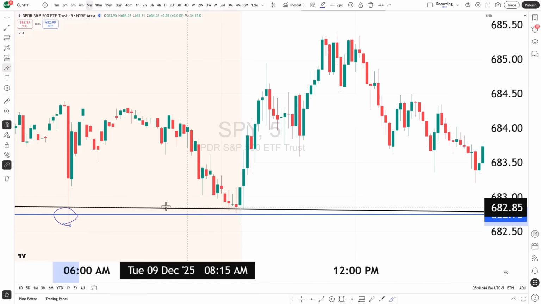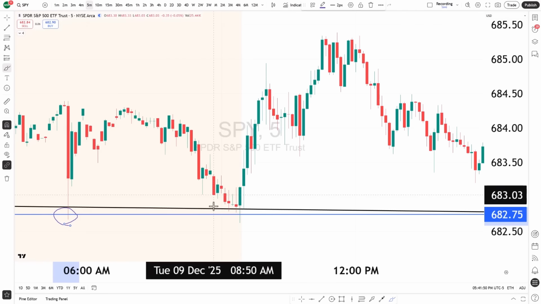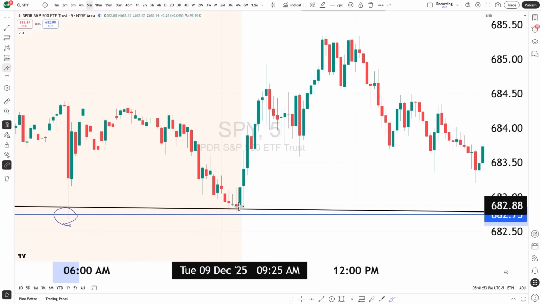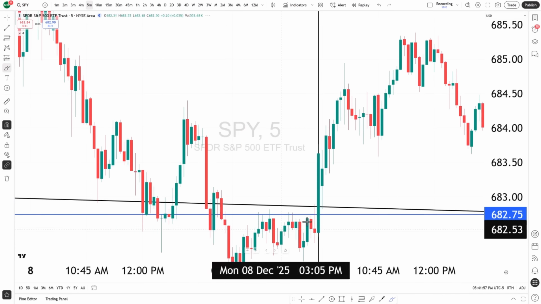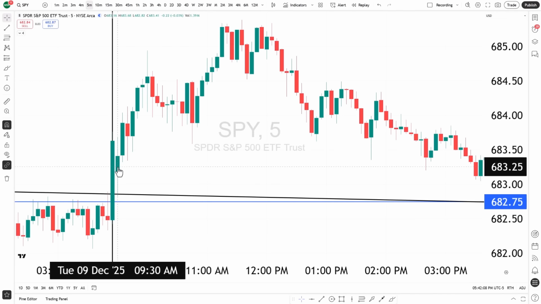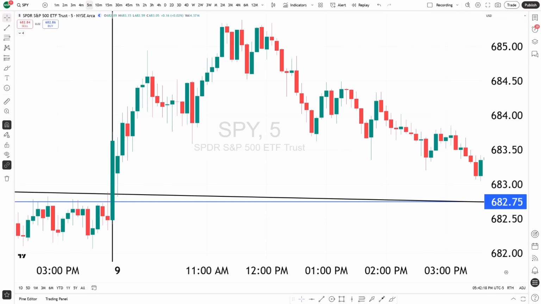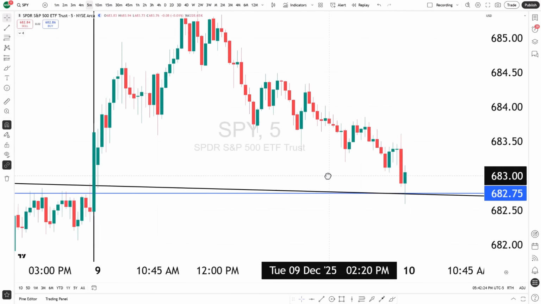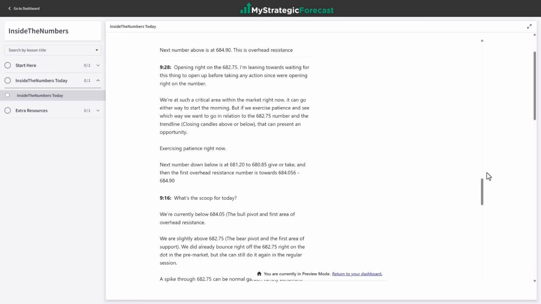And take note, this black line represents the trend line. We didn't close candles one time below it. And then if we switch over to the regular session, to the right of this vertical line is today's activity, first candle of the day, just what we talked about before, found support right at the trend line, making 682.75 some unfinished business in which we came back into that number later. So that was the plan for the morning trade.